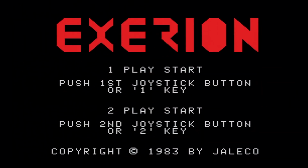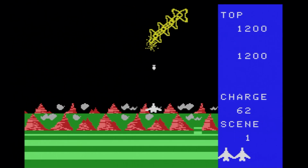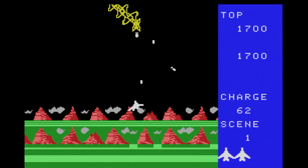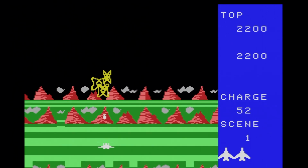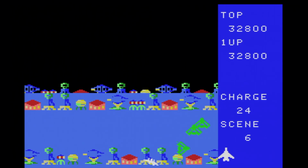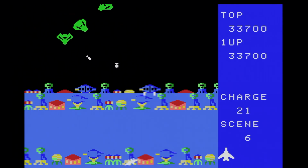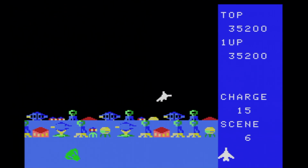Exerion from Jalico is one of my favorite MSX1 shooters. This one is more of a third-person style, believe it or not, kinda like Space Harrier or even Afterburner. Obviously, your mission is to shoot everything you can and get the highest score possible. As you move around, the background shifts to and fro. It probably looks really bad to you, but somehow it just works. I always know where my ship is, even when you think it'd get lost in some of the crazy colors